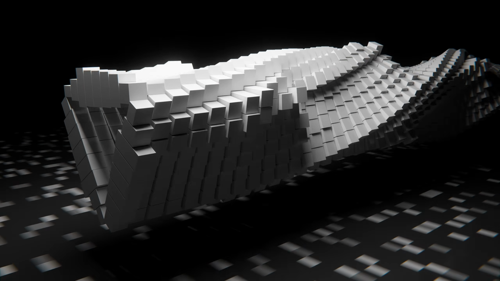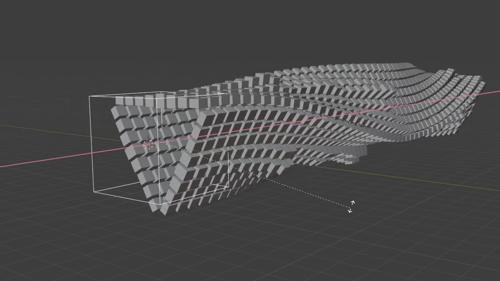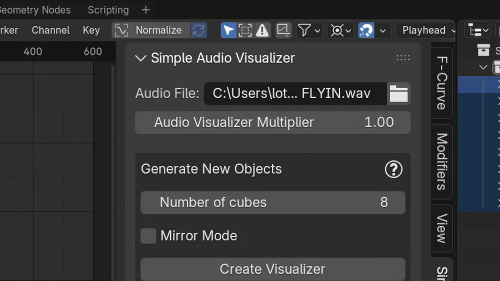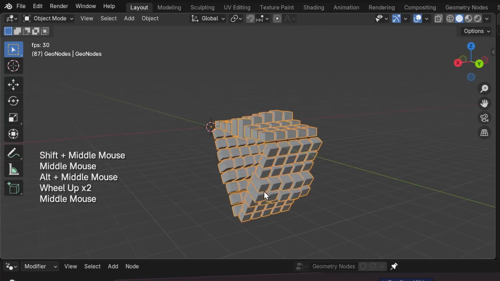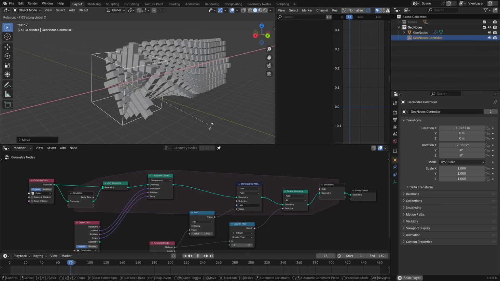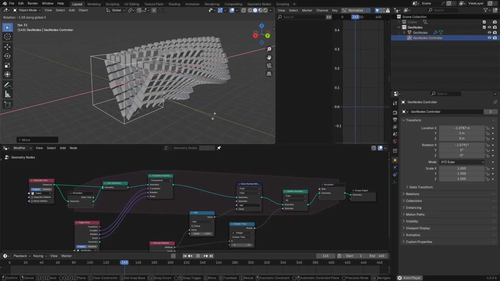In this tutorial, we'll be creating this audio reactive animation in Blender using my free Blender extension, Simple Audio Visualizer, to animate objects based on audio data. Then we'll be combining this with a lightweight geometry node simulation setup, which allows us to create this powerful time